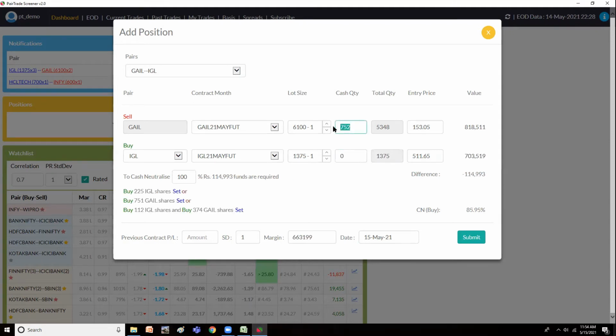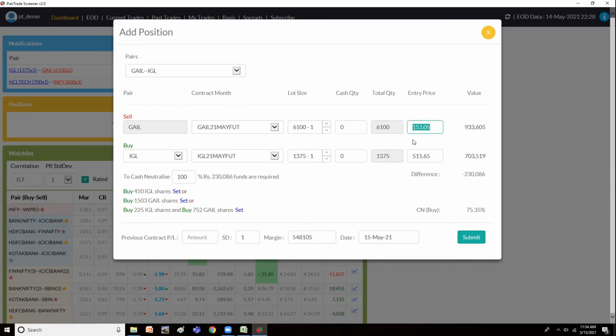If you are confident in this pair, it is giving a good setup, so you could go with increasing it to 9 lakhs 37. If the setup is not good, or you are probably not confident in this pair, you could do it the other way. That is, you could reduce this 9 lakhs 33 into 7 lakhs. That way also you can do.